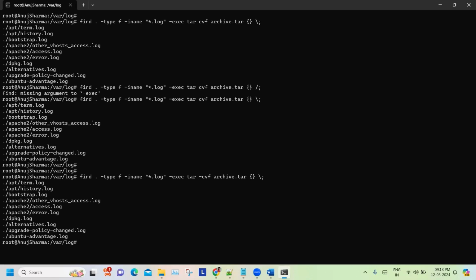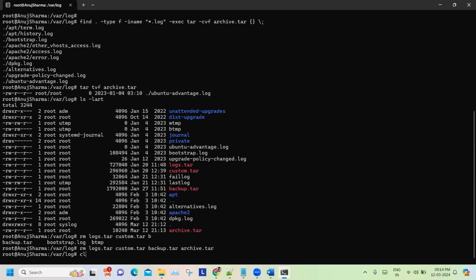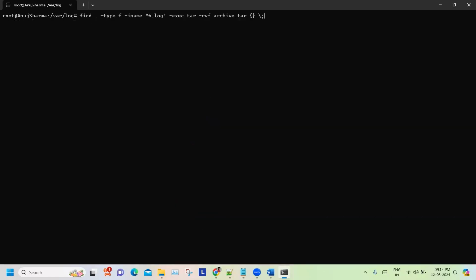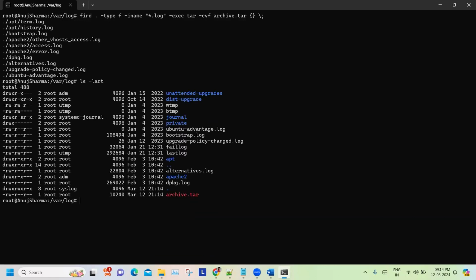It's giving me the output, but the archive file is coming up as 0 over here. Using the rm command, I can remove that file. I can basically see that the file is getting created, and this file is